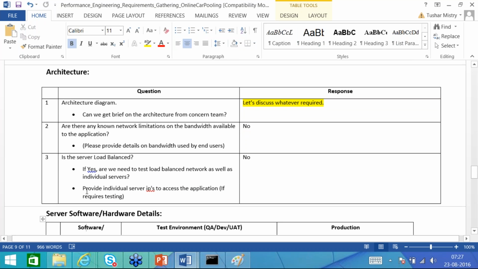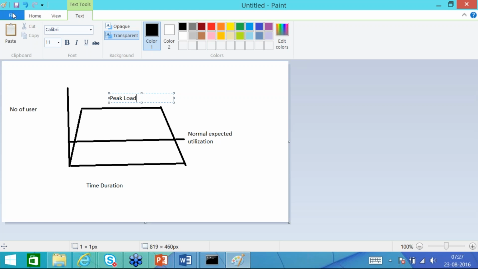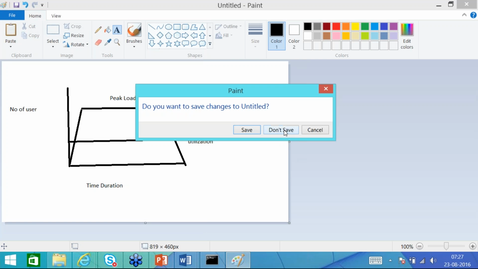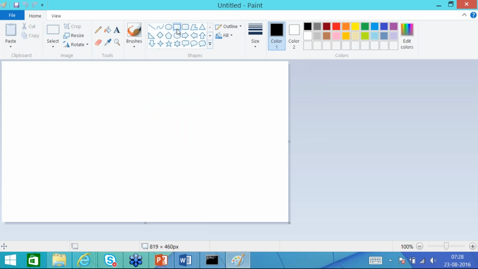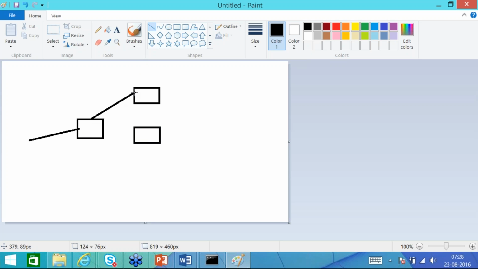Team, we have already seen load balancing in the earlier session, but I am just repeating. Say this is a web application and internally there are two servers, which we do not actually know about. The user accesses the application, and the application internally sends the request to any one of the servers.